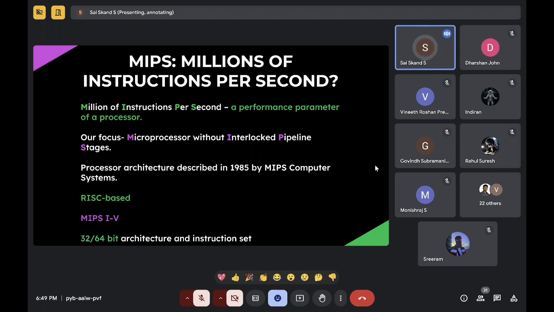So what we are going to talk about is the MIPS architecture. What does it stand for? Microprocessor without interlocked pipeline stages. I guess you don't need to know much about pipelines right now. You will be learning about it in these sessions and in your course curriculum also. So I won't talk much about it. I don't want to bore you with that. It's interesting, but we don't have that much time for today.